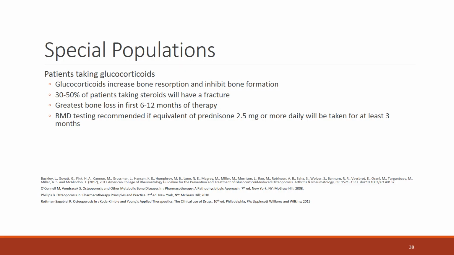Patients who are taking glucocorticoids systemically, orally primarily, are at a much increased risk for osteoporosis. Glucocorticoids increase bone resorption and inhibit bone formation, so patients are at very high risk for fractures. 30 to 50% of patients taking glucocorticoids will have a fracture. The greatest bone loss is actually in that first 6 to 12 months of therapy, so it is very important